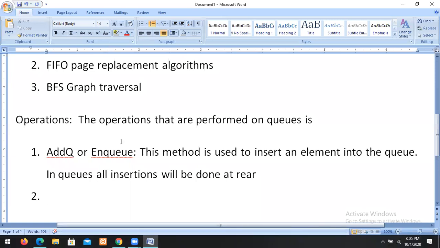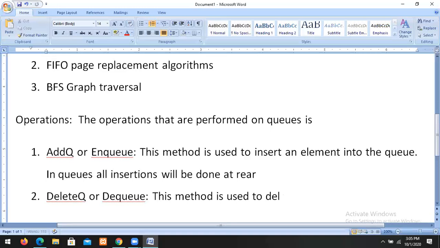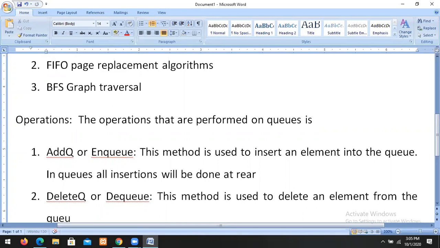Similarly, we have delete queue or dequeue. This method is used to delete an element from the queue.